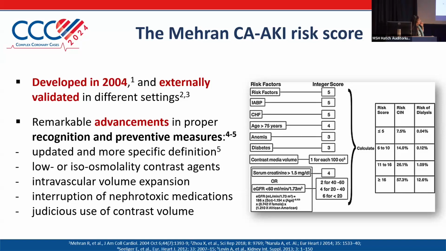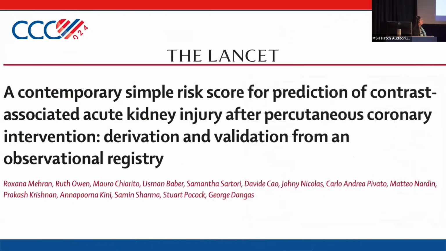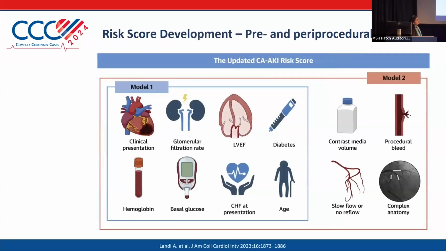And, of course, there are many more important risk factors and risk scores, but this has been very well documented. This is the Mehran risk score number 2 that we developed from this cath lab with the largest possible volume of patients, because it is such a big number of patients. With the help of Dr. Sharma and Dr. Kinney, we came up with this simple risk score to evaluate contrast-associated acute kidney injury after PCI. We derived it, we validated it, and we looked at its outcomes. So it's a very easy